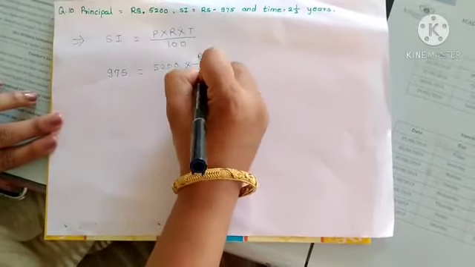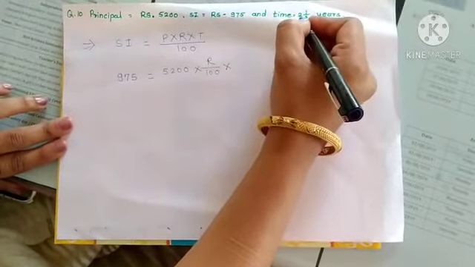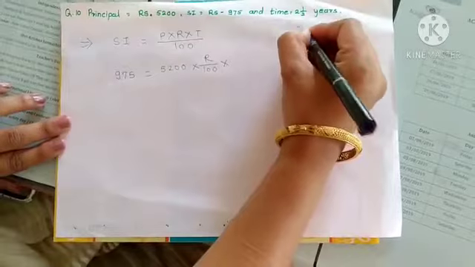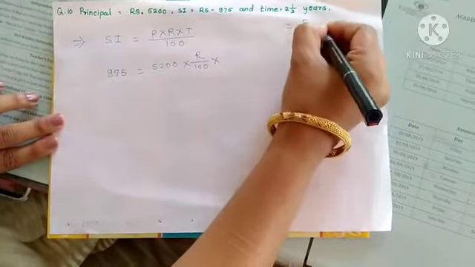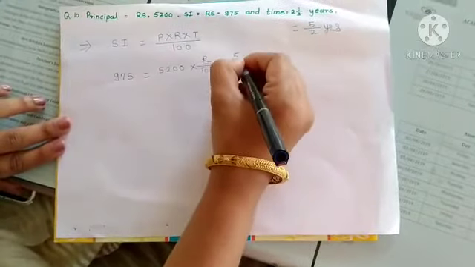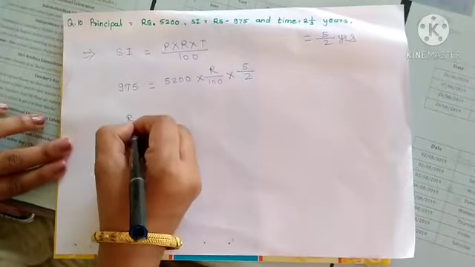So write R upon 100 as it is. Time is given 2 whole 1 upon 2. So we are going to convert this. 2 2s are 4, 4 plus 1 is equal to 5. 5 upon 2 years is the time. So write 5 upon 2. So again take this R this side. R equals